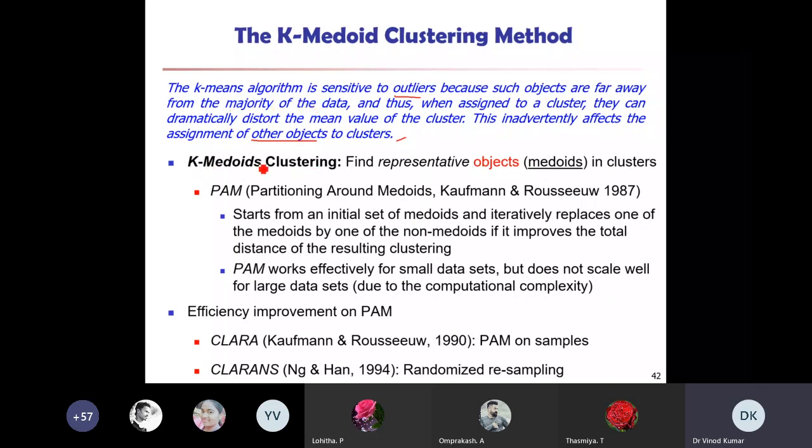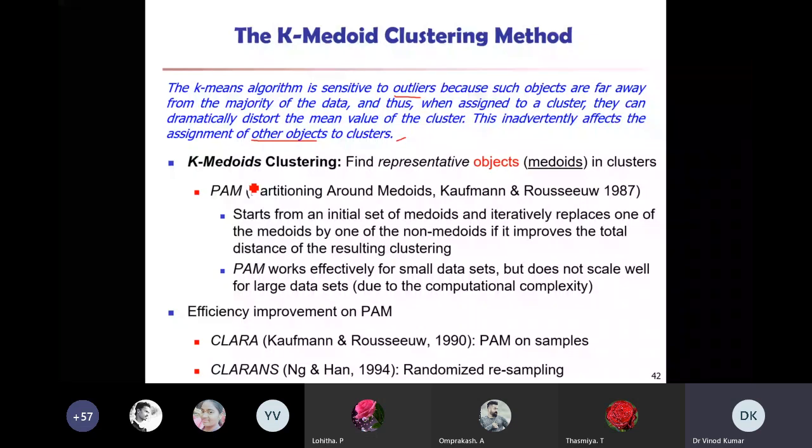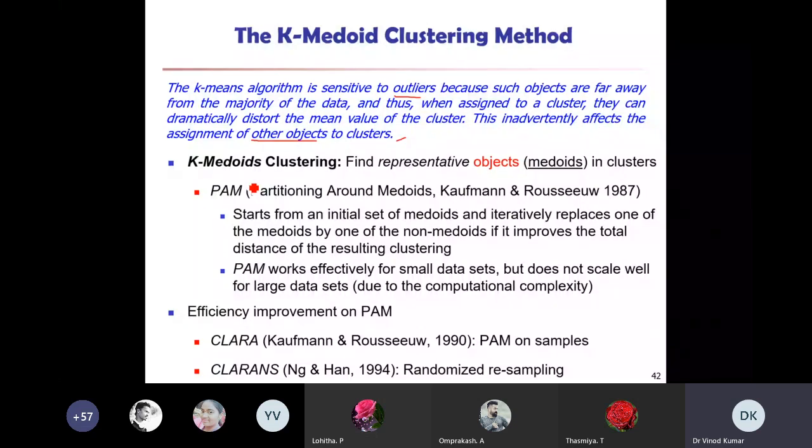So that's why we came up with k-medoids, where we take an element itself within the cluster as the reference point. So we find representative objects, meaning the one most centrally located in the cluster. PAM is partitioning around medoids.